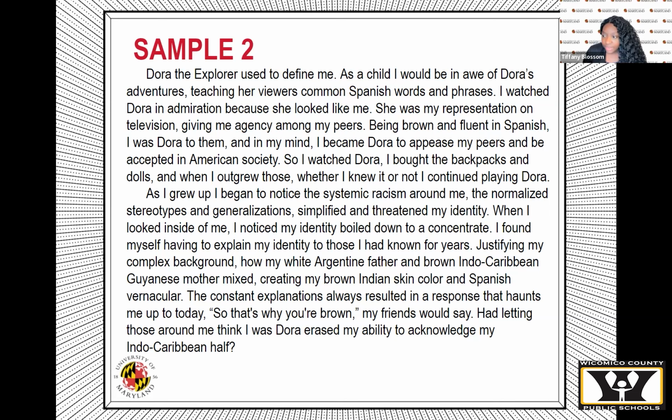So I watched Dora. I bought the backpacks and dolls. And when I outgrew those, whether I knew it or not, I continued playing Dora. As I grew up, I began to notice the systemic racism around me, the normalized stereotypes and generalizations that simplified and threatened my identity. When I looked inside of me, I noticed my identity boiled down to a concentrate. I found myself having to explain my identity to those I had known for years,